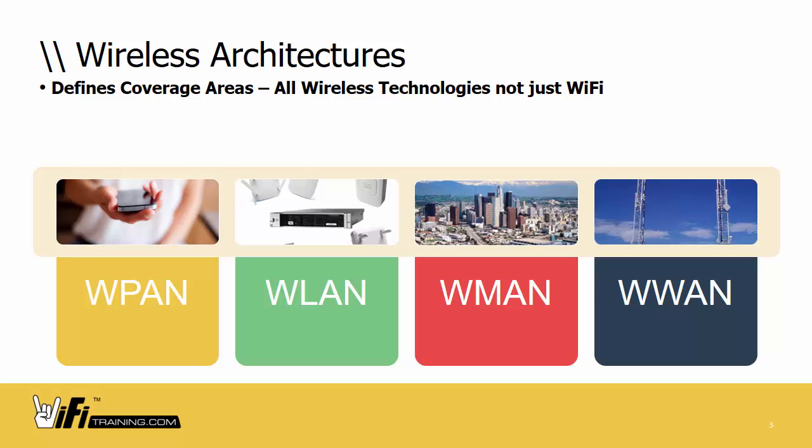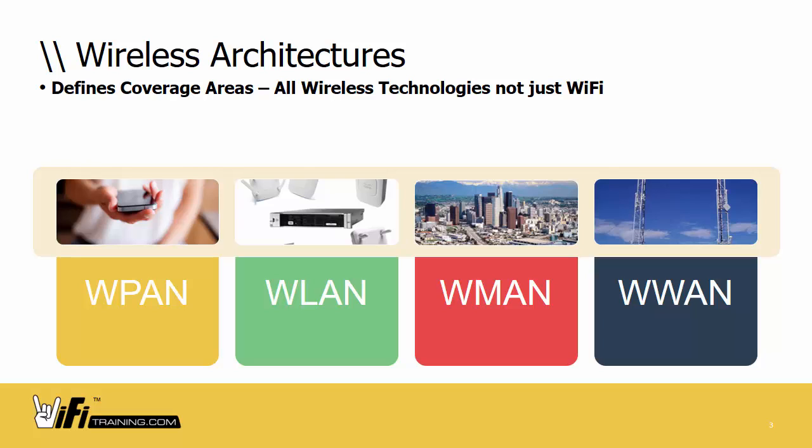For example, WPAN is wireless networks that really can provide connectivity within 30 feet of a person. So it's a personal area network, and there's one technology that really makes that up, Bluetooth. We're going to talk more about that in a moment. We have the wireless LAN. Now, wireless LANs can extend to numbers of buildings, numbers of locations, outdoor, all that kind of fun stuff. But essentially, we're talking again about a particular type of architecture and technologies we would use in the wireless LAN, predominantly Wi-Fi.